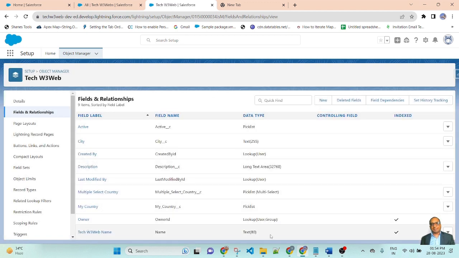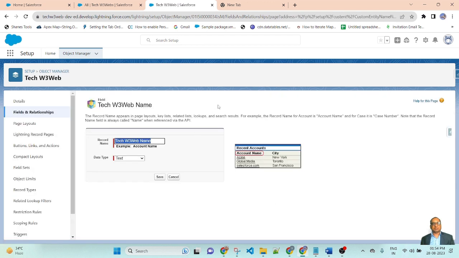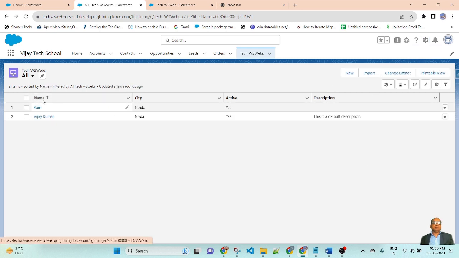Here you will find the name. Here is the option to edit. Here I am removing TechW3 Web and save. Now go to the page and refresh. And here you can find only the name is displayed, not TechW3 Web.